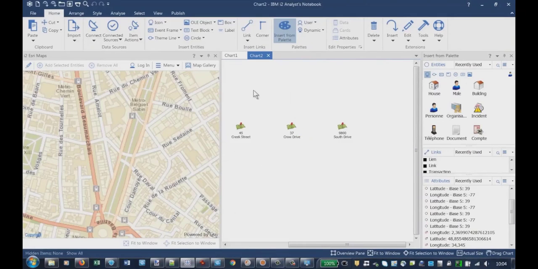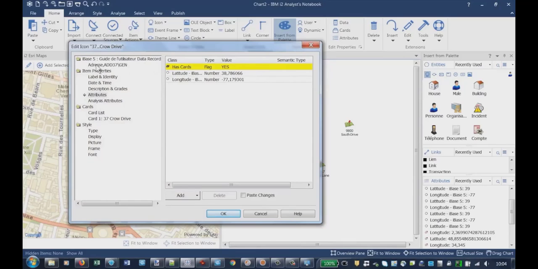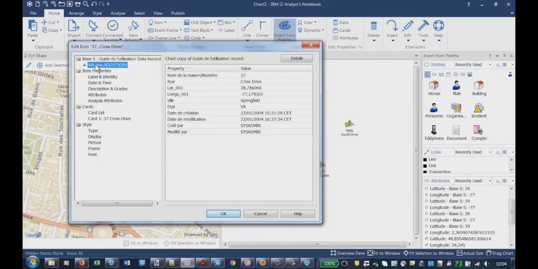So before I even try to move the entities on the map, I will just go and check something. I will right click on one, edit item properties, and I'm going on the data records, and you see now we have latitude and longitude properties. Okay, so we have the values. So this is very important. And also attributes, we have